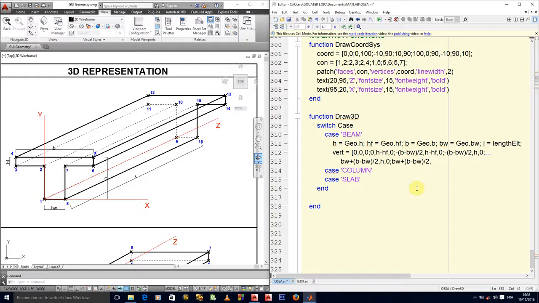Y will be the same Y as 2, so we will have H minus HF, okay, then we will have 0. So it's important to express it in terms of variable, okay, because these are data that are controlled by the user, not by you. So you are making sure that no matter the value that the user enters, it will always draw this T element. You are using variable in order to generalize the principle.